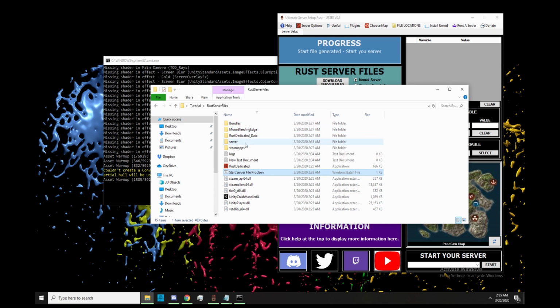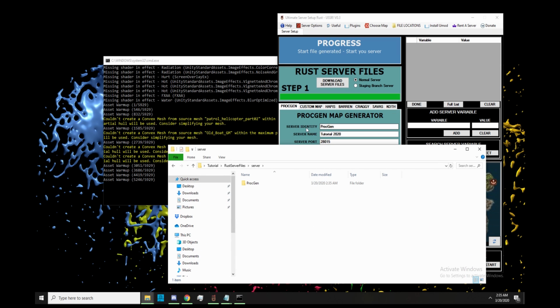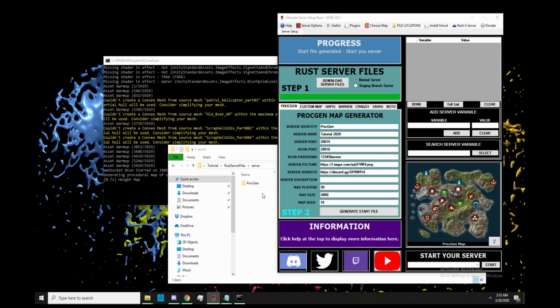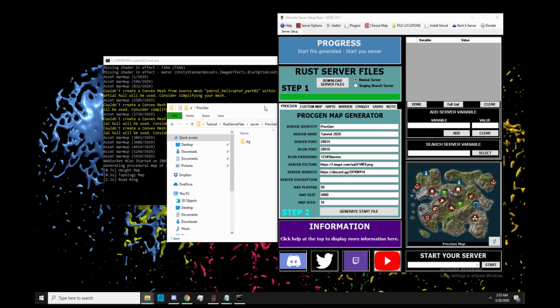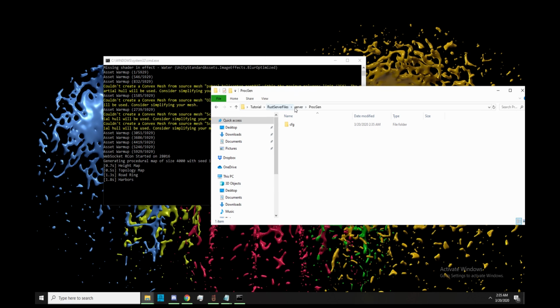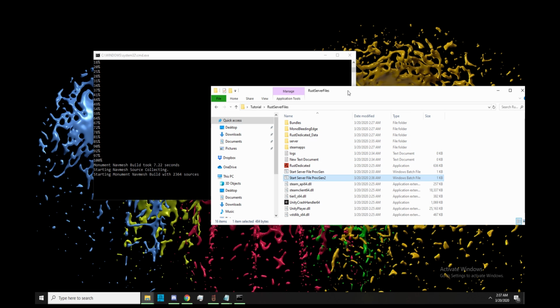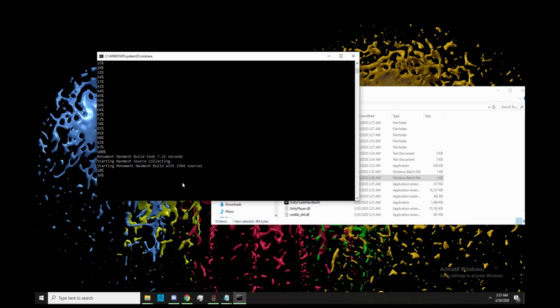So we are in our Rust server files with the Rust dedicated, and if we go to our server folder, there should be a folder named whatever our identity is, in this case, procgen. Inside that folder, it's now creating our actual server files. With these server files, you can have multiple servers. It's still creating stuff, and there will be a message coming up, which is where a lot of